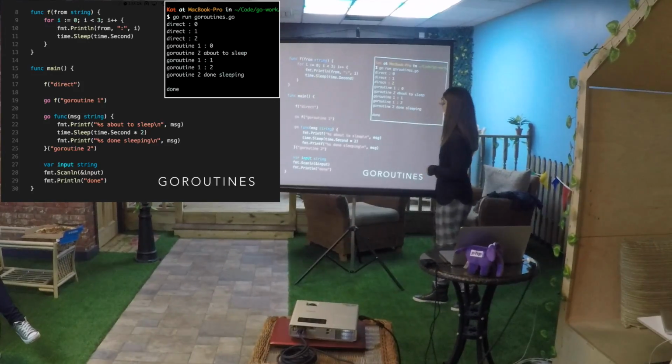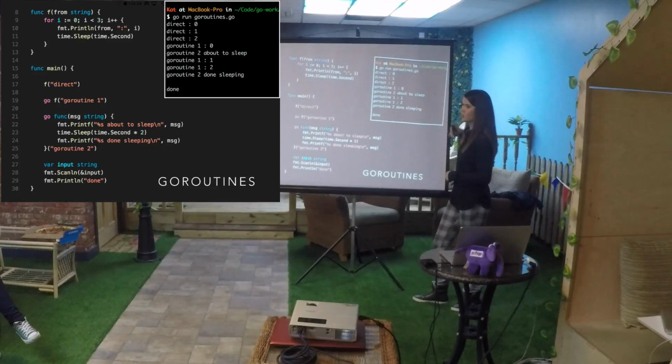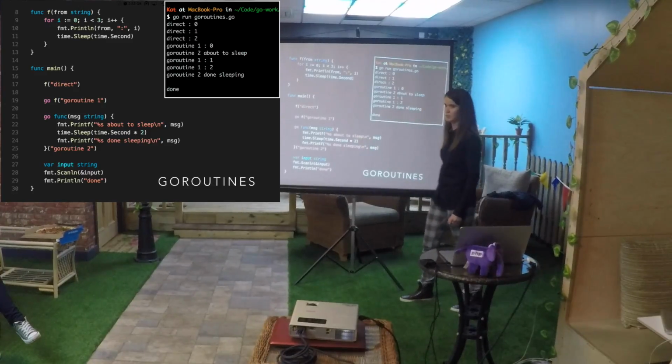So here you can see that the output of each one is overlapping because they do things at the same time. The first one started looping through the for loop, and the second one, in the meantime, is printing that one, sleeping for 2 seconds, and sleeping here. Now, the output of this might be different every time, depending on how quickly you go from this one to this one, for example.